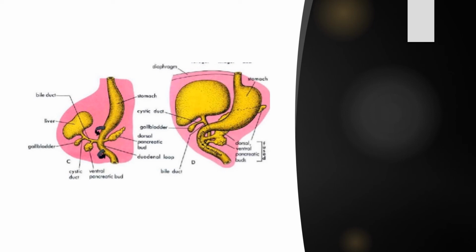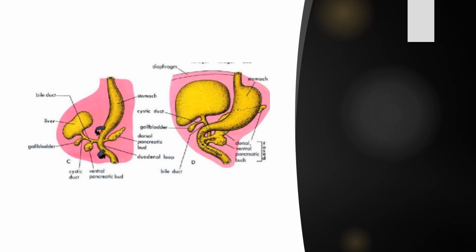During this third phase, the very important thing is the difference in growth of the second part of the duodenum. Because of this, a differential growth occurs in the second part of the duodenum. It produces axial rotation of the hepatopancreatic organs, and it pushes the organs towards the posteromedial part, so that the whole liver and the gallbladder, and then the lower part of the pancreas, are pushed towards the posteromedial aspect.